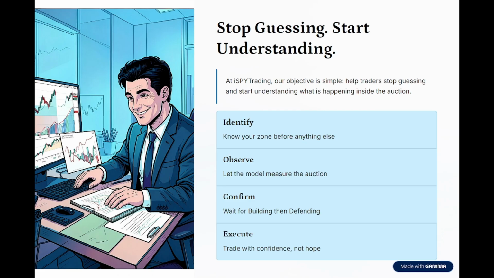Stop guessing and start understanding. At iSpy Trading, our objective is simple. It's to help traders stop guessing and start understanding what's happening inside the auction. You'll learn to identify the auction within the zone before anything else. You will remain patient and observe how the model measures the auction. You wait for confirmation by looking for building, then defending, in that order, and you execute the trade with confidence